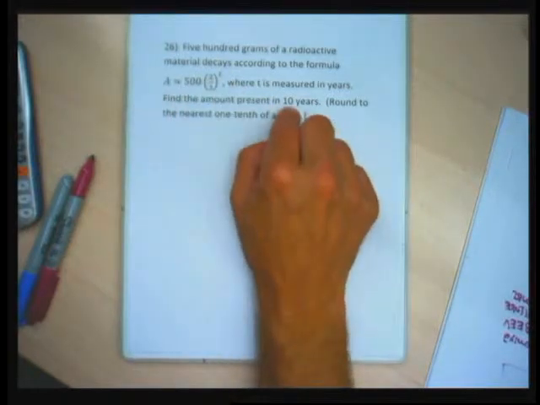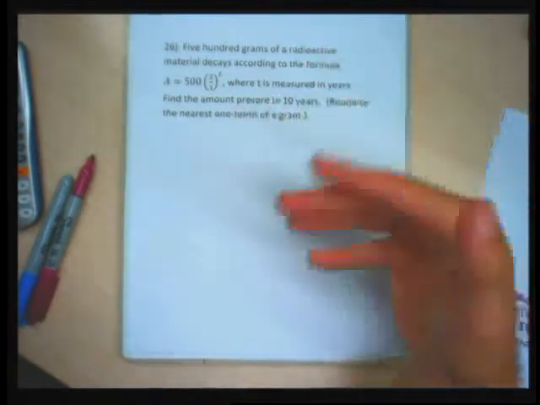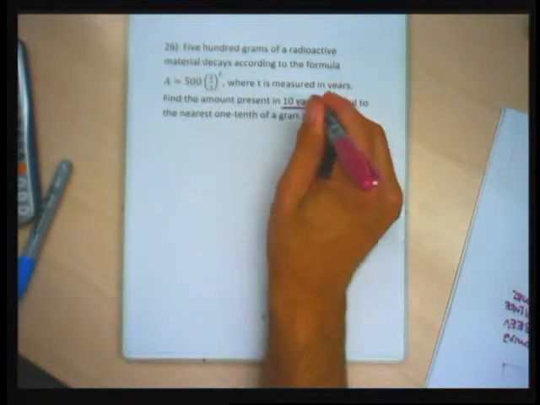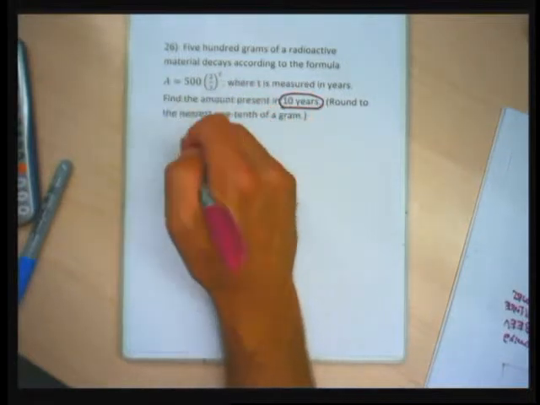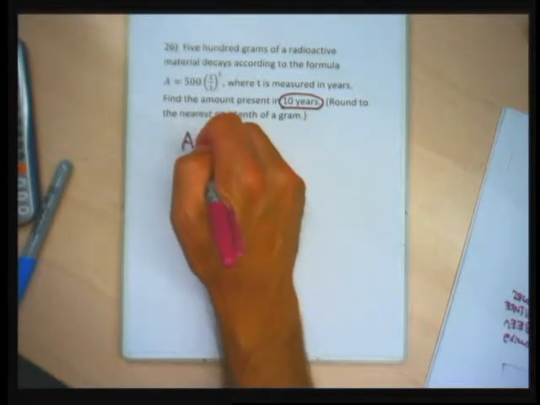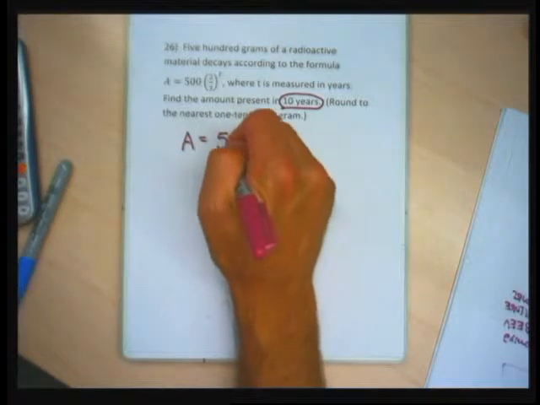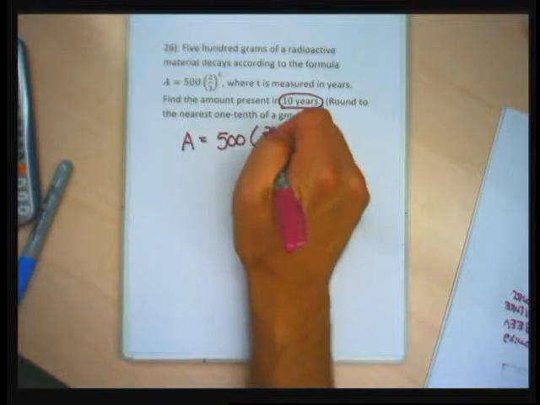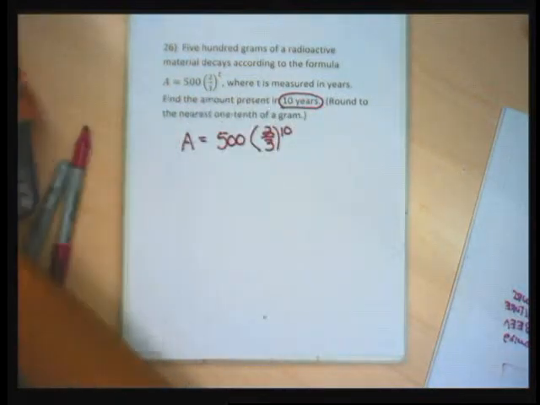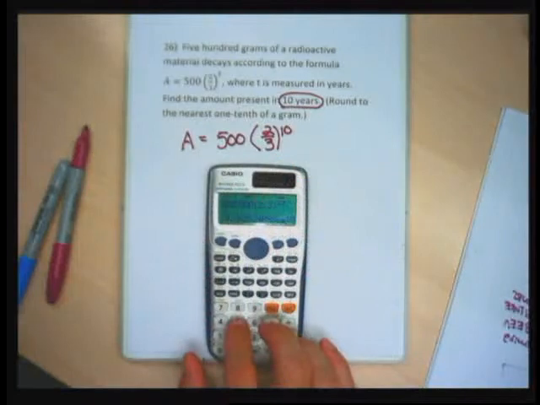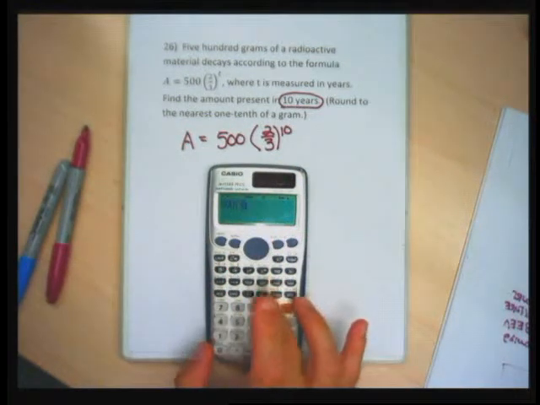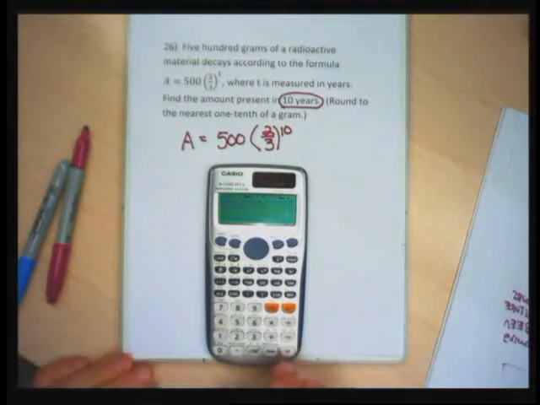In 10 years, I'm going to have less than 500 grams because it's decaying, it's going down. How much do I have left in 10 years? This 10 stands for years, which is T. So the amount of radioactive material I'm going to have in 10 years can be found by plugging 10 into the formula for T, and it says round to the nearest 10. So I'm going to go 500 parentheses fraction 2/3 parentheses exponent 10, and I get, it says round to 1/10 of a gram,